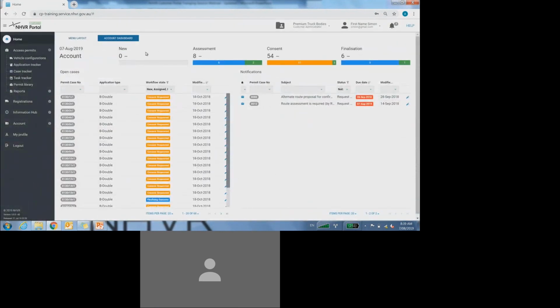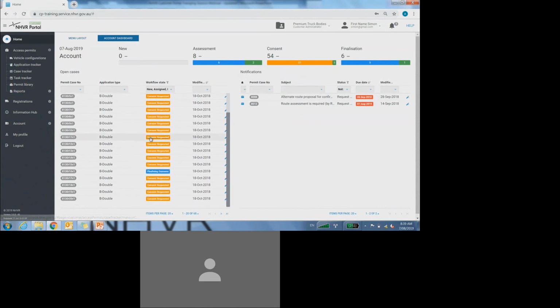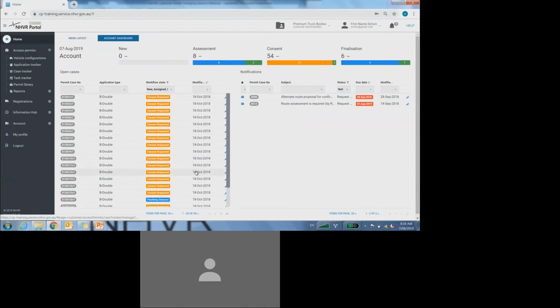Now, below this top level of reporting, and that's all of the cases for the overall account. So if you do have multiple users all responsible for submitting applications, it's showing you that big picture of absolutely everything to do with the overall account. Now below that gives you some quick links into all of the cases. So in this section here is just some quick links into all of the cases, and to the right